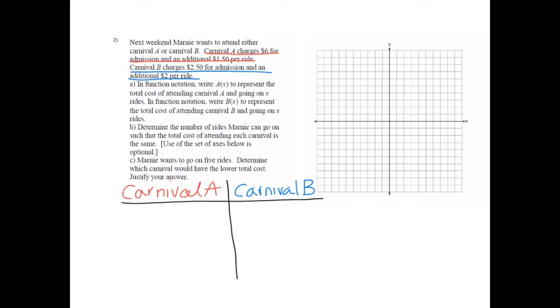Okay, now let's take a look at what we're going to make our X and Y. This next part says, in function notation, write A of X to represent the total cost of attending Carnival A. Now, guys, remember, this is function notation, so A of X is really like saying Y, okay? To represent the total cost, so Y equals